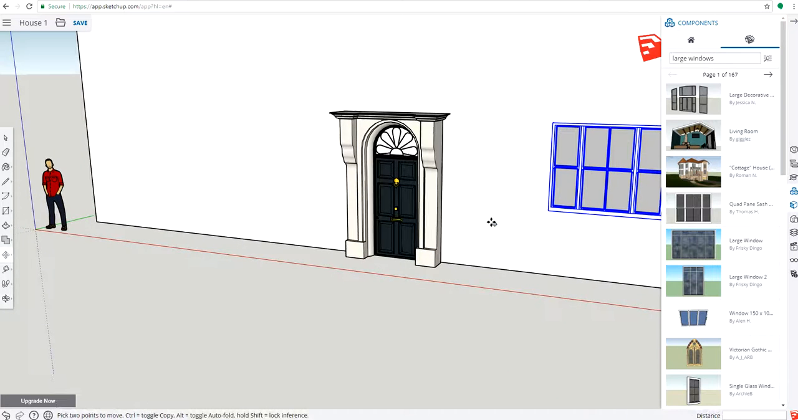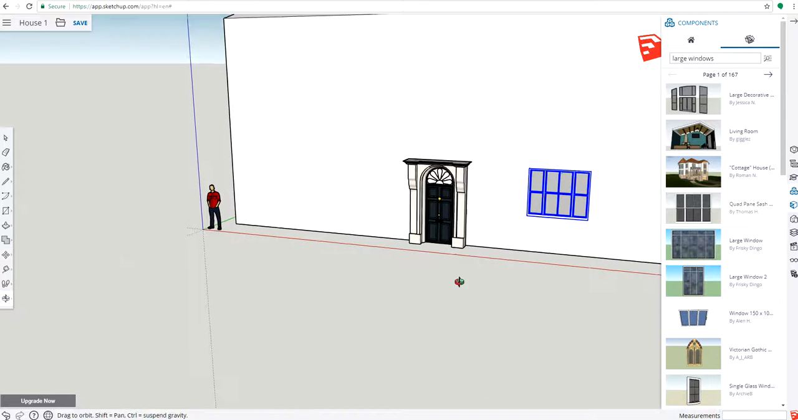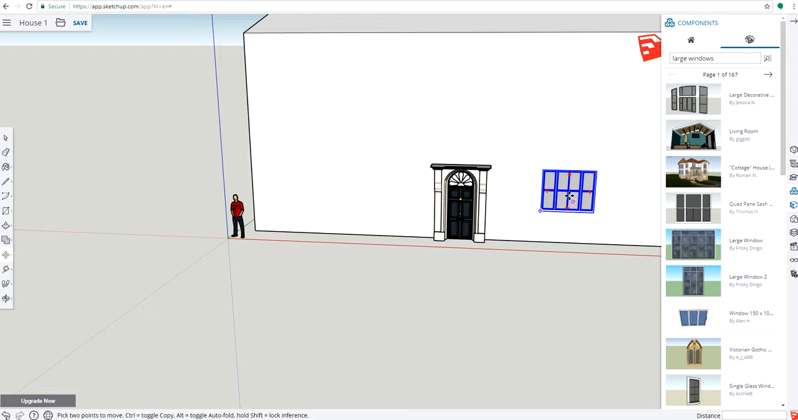That's fine. Now I'm going to show you a little shortcut, if you want to use the same window,